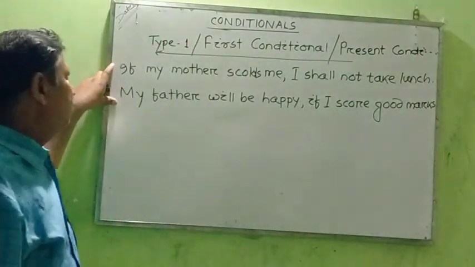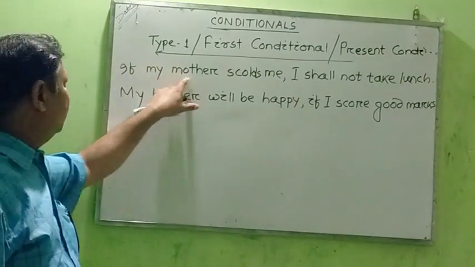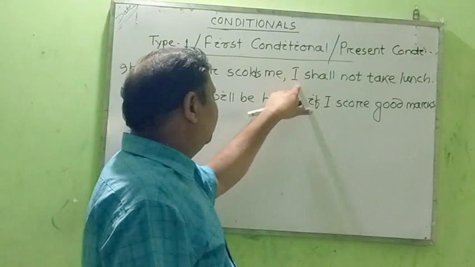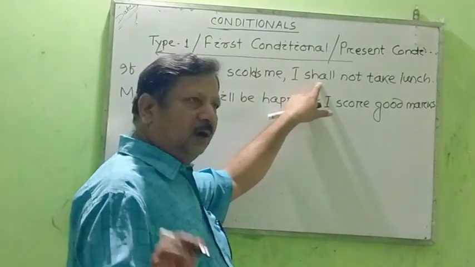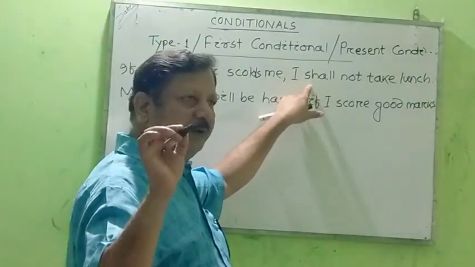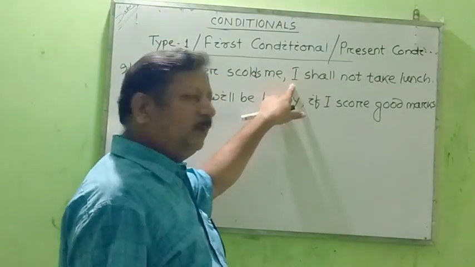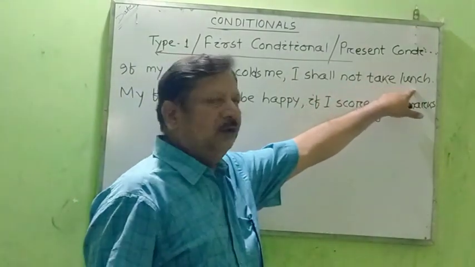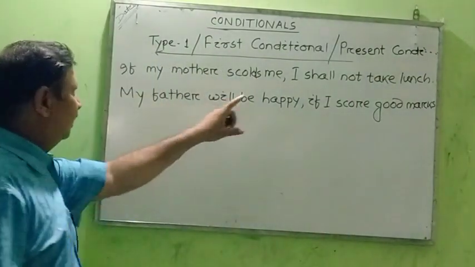So, these are the examples. See the structure. If clause is equal to if plus subject plus verb 1 plus any object or complement. Then in the main clause you have to write subject, either shall or will. Later you shall know how may, might or can are used. But for your basics, let you know that it is subject plus shall or will. As it is the first person, that is why you have used shall. Then it is the verb, then the object.